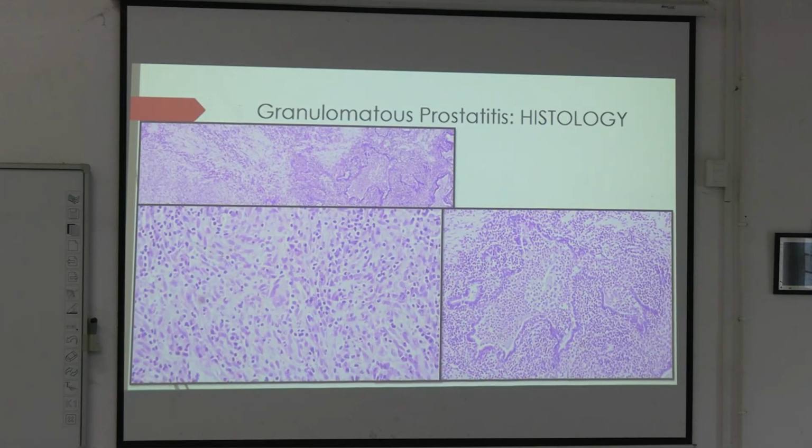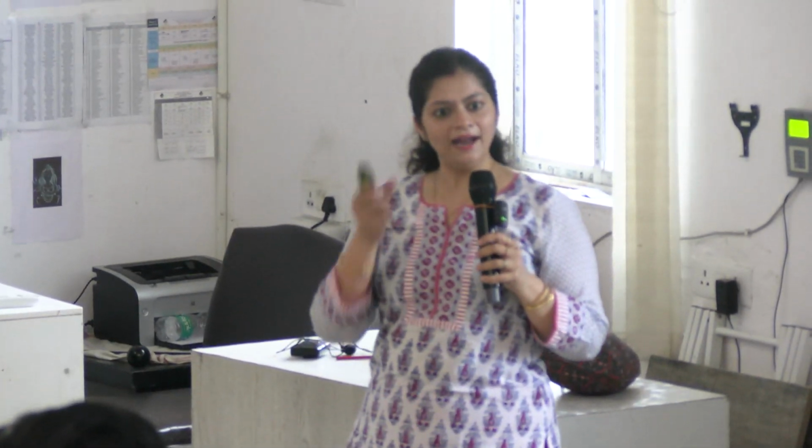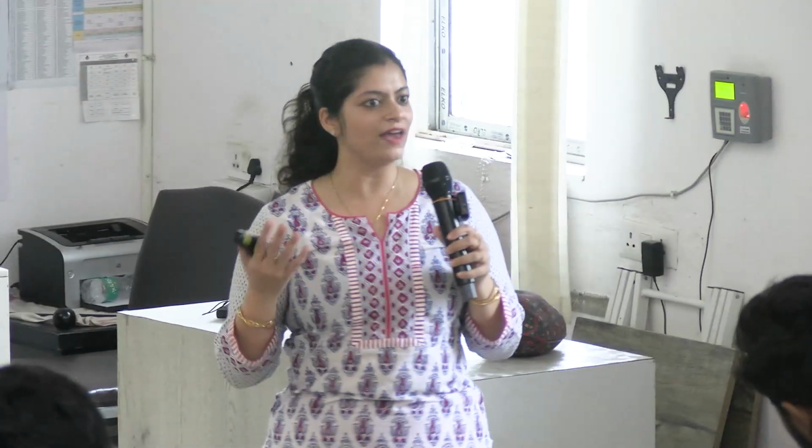Okay, so the next, this is prostatitis, okay? So what are the three types of prostatitis we read just now? Acute, chronic and granulomatous, okay? So coming to the next topic is benign prostatic hyperplasia, which is very commonly heard. Many old people, whenever you hear of any urinary incontinence or any urinary problems, you always suspect that his prostate is enlarged, okay?